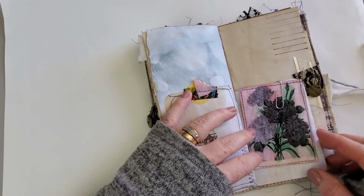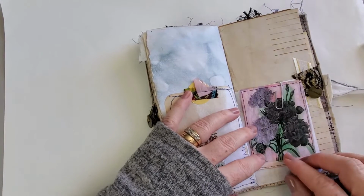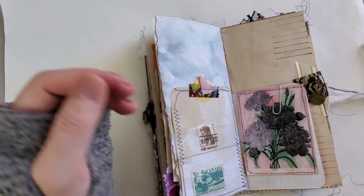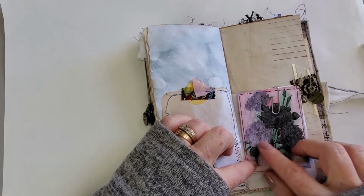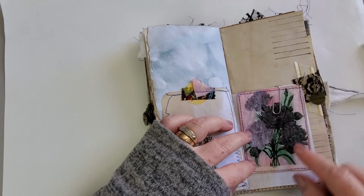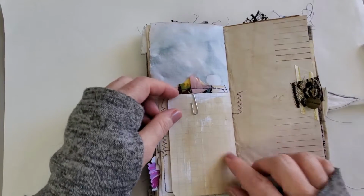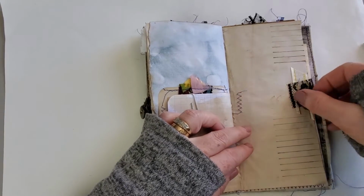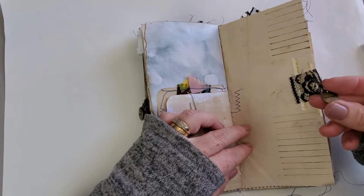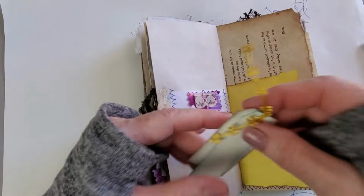And then here, this is black and white photos from the Graphics Fairy that I printed, flowers. And then this is an image from the Graphics Fairy, and I printed it in black and white, and then I just colored it myself. So this is the pink one to go with the little tab here. Graph paper and more stamping, and a little charm here that says handmade, just a little tiny one. And another one of these